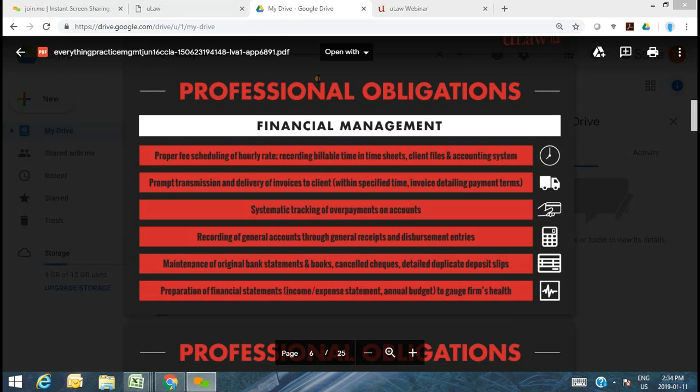And here's another one. Systematic tracking of any overpayments on accounts. This could also be, the better example that we have here is if someone is missing out on payments. So let's say you agree upon an 8/15 payment term and someone does not pay you regularly, they always pay you net 45, so almost like a 30-day wait. First step is really acknowledging that that is happening. So you need to be able to track and measure that it is happening so that you have that data.